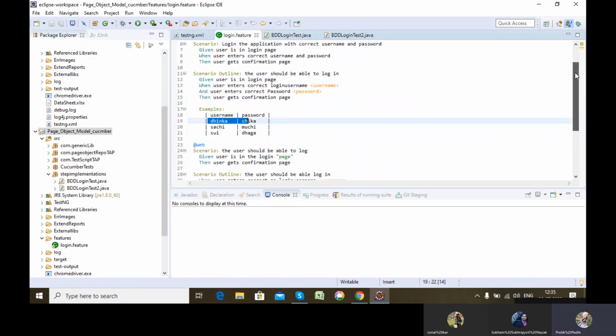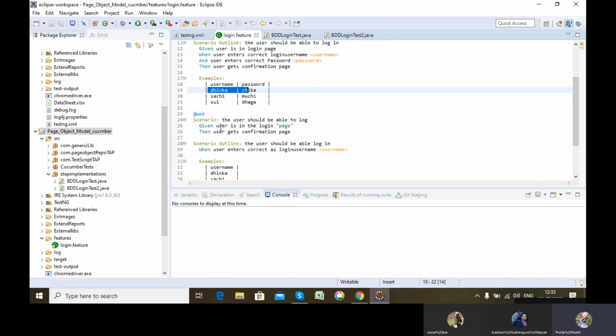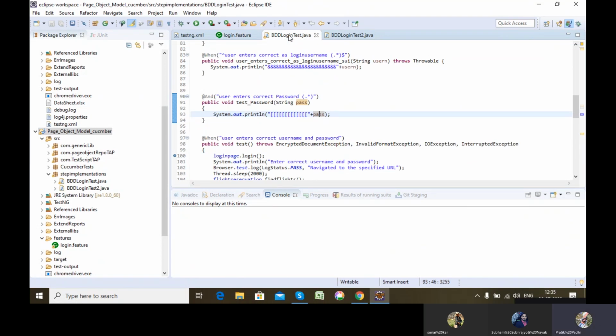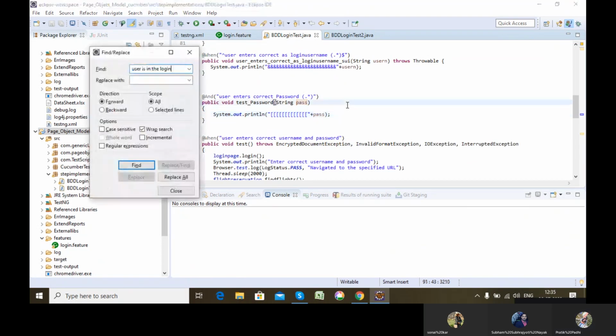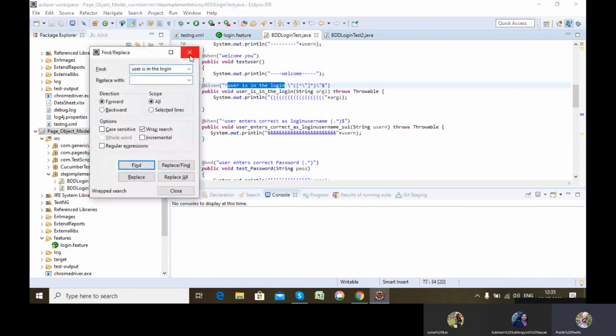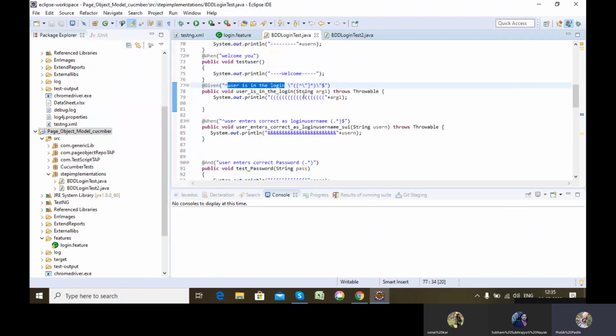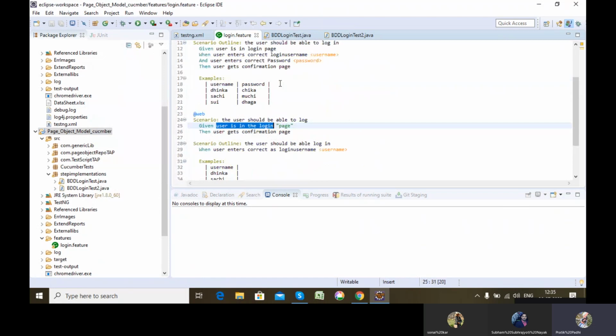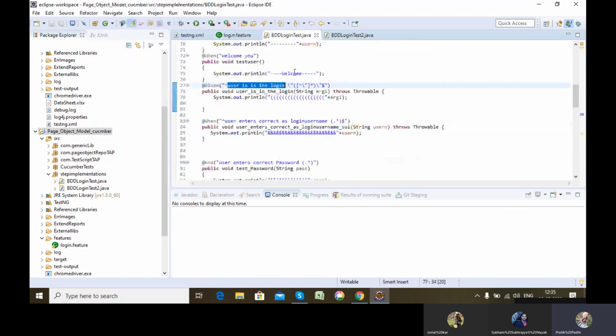You saw it. Now, user is in login. Let's see what happens for this. See, user is in login. So one parameter value is there, page. It will come in this one.